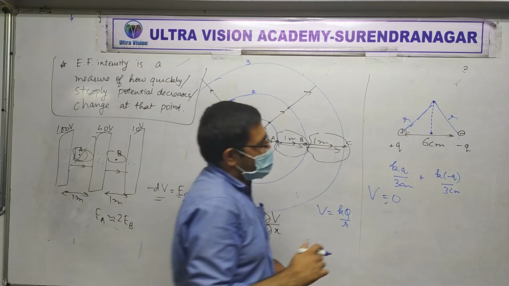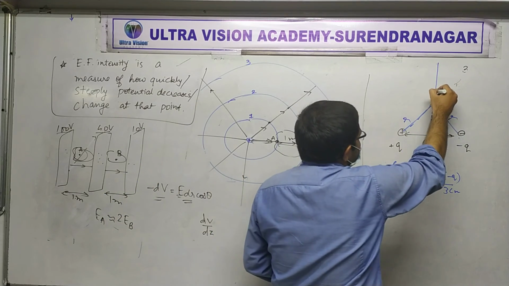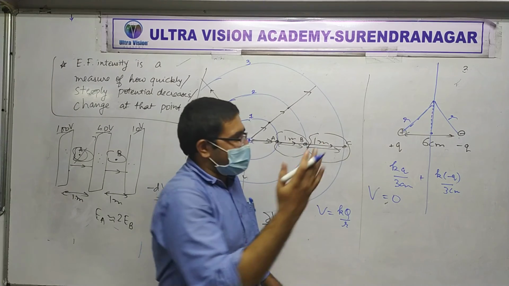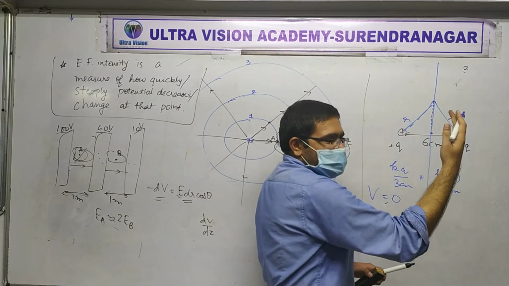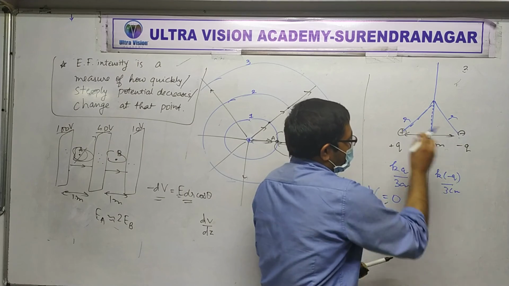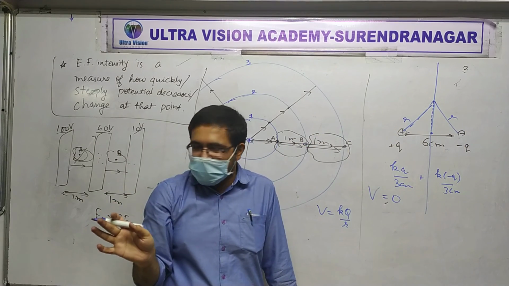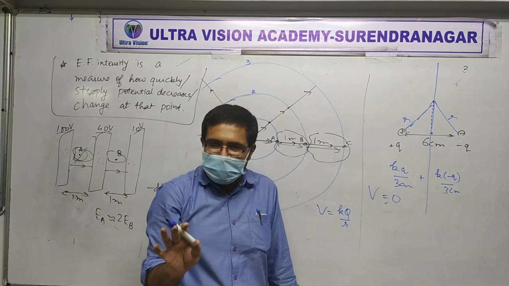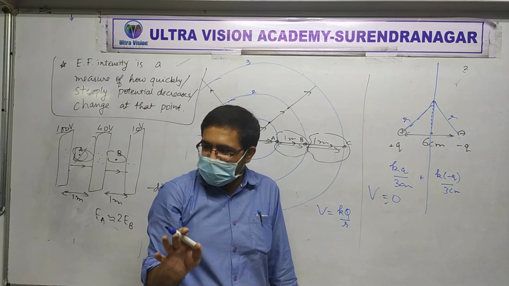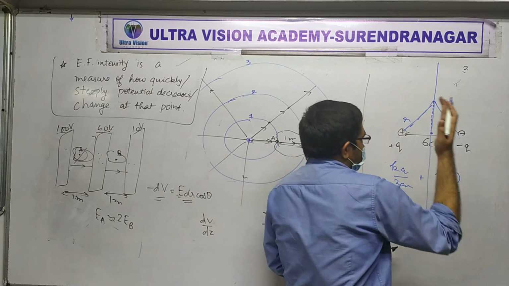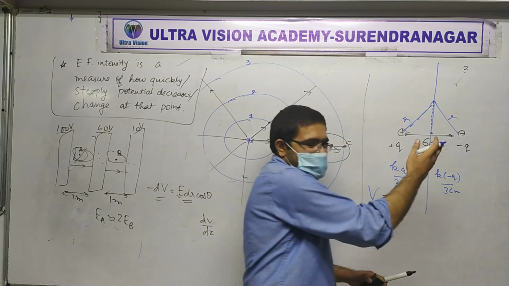What would it look like? What do you think? Will it just be a line? It can be a plane. Make sense? Because if I take one point here, then from here to here and from here to here will be the same distance, due to symmetry. Can you all imagine that? So like that, this is one equipotential surface, which is a plane.